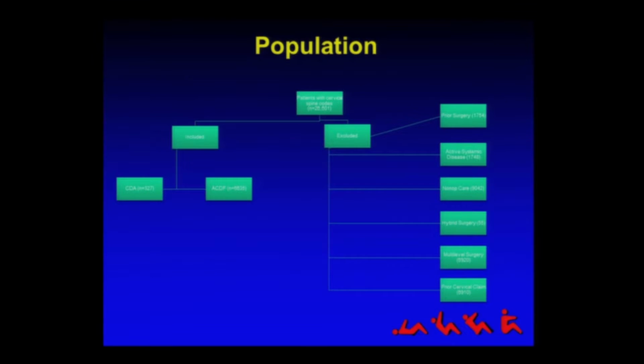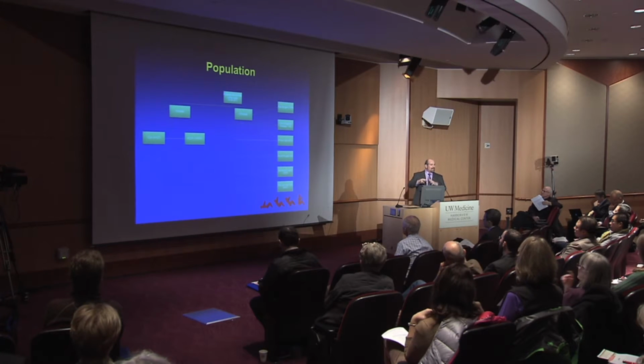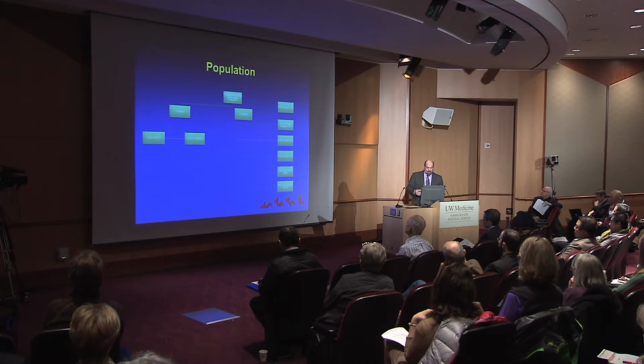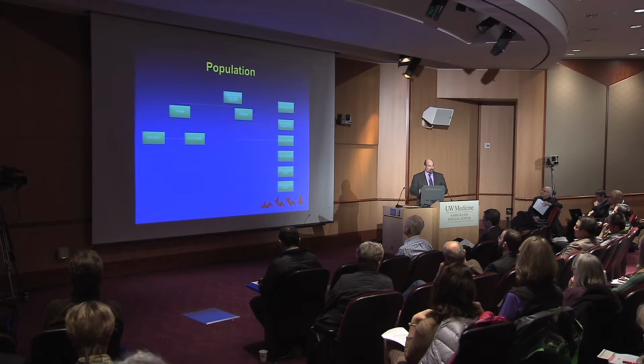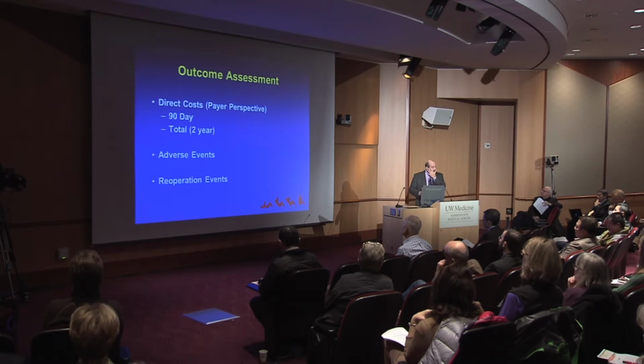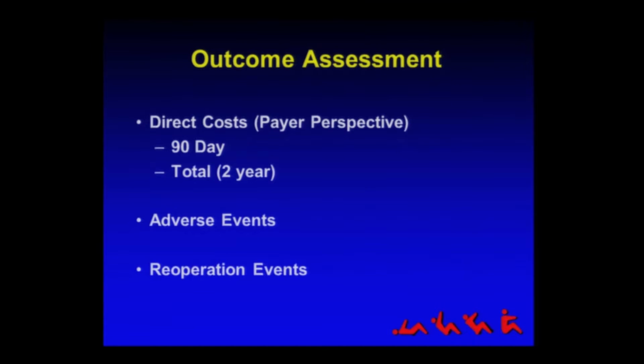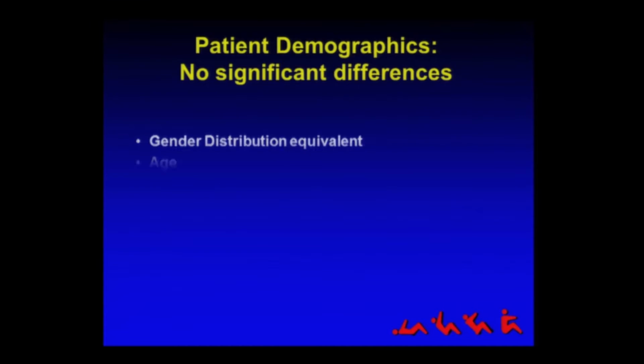And when you exclude patients with prior surgery, with other systemic disease, patients treated non-operatively, patients who had hybrid surgery, multi-level surgery, or prior surgery, so again, the same exclusion criteria as in the FDA study, we're left with 6,600 patients who had ACDFs and 320 patients who had artificial discs. And that's the patient population we looked at for both the 90-day global period for Blue Cross payments and for their total payments for those patients over 2 years, looking specifically at adverse events and reoperations.